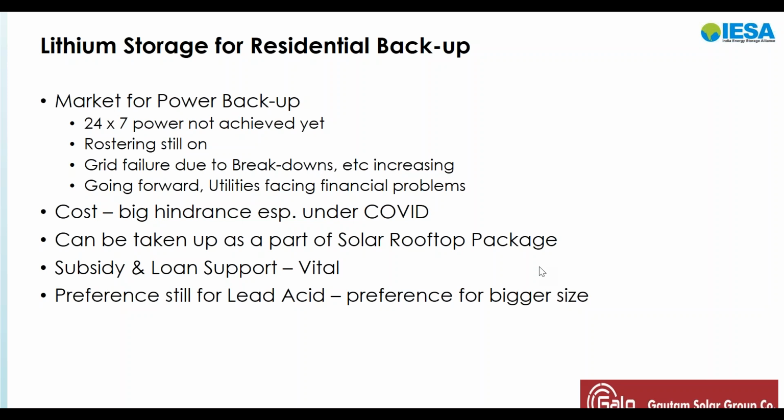They're not able to get that payment, so it's a big problem. That is why we say that there's a market for power backup. But coming on to the other side, on the consumer side, if we say that they are going to buy, the demand is there for residential backup system, but the cost of the system is still pretty high, and people want to avoid it as much as possible, because